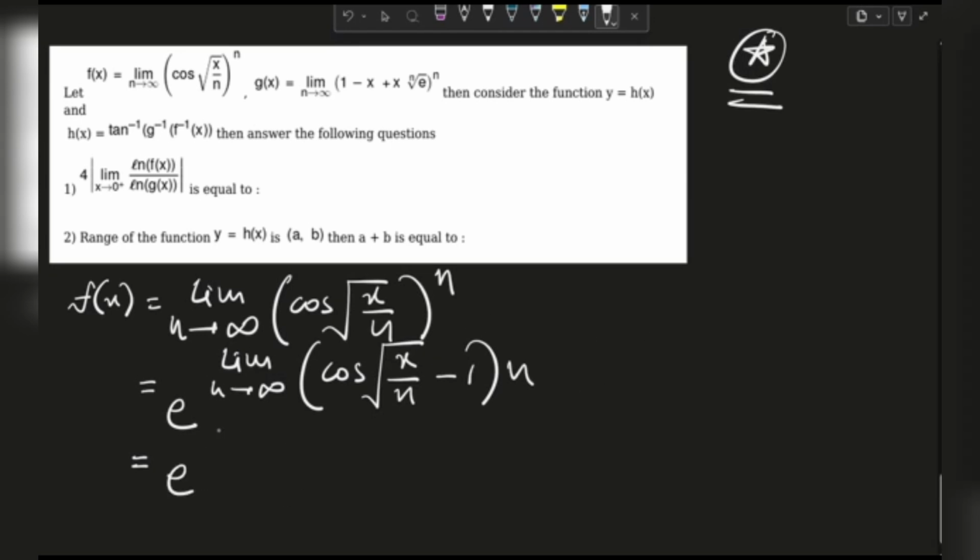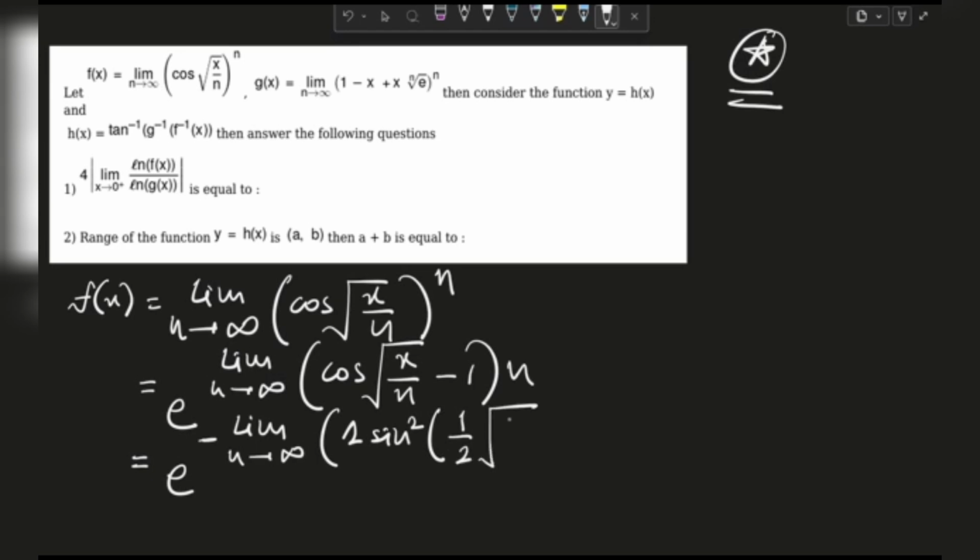So after taking out the minus, this will become minus 2 sine square, and we can put an extra bracket, half root x by n, since this is basically theta by 2,